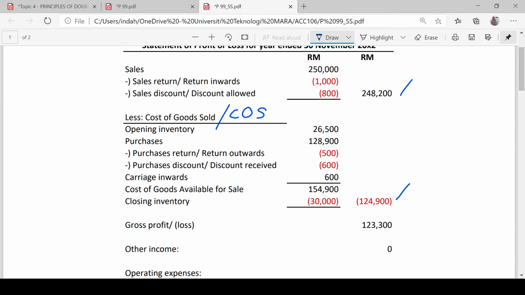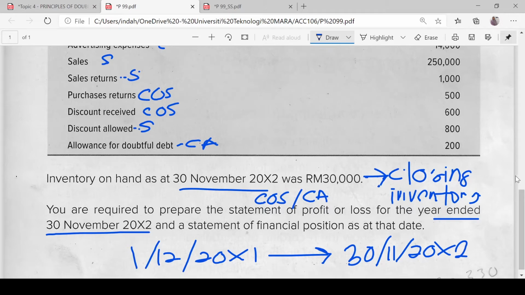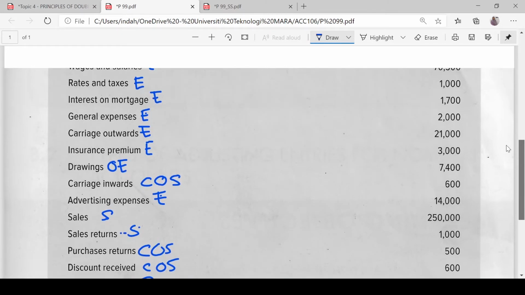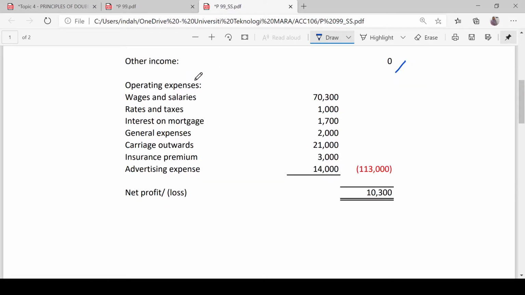So this is your net sales, and hence your gross profit is 123,300. Do we have any other income? No, we don't have other income. But we do have operating expenses, which are wages and salaries, rates and taxes, interest on mortgage, general expenses, carriage outward, insurance premium, advertising expense. These are the items that we identified earlier from the question, wages and salary up to advertising expenses. So the total is